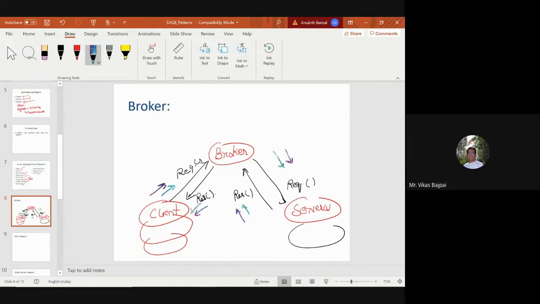The good thing is, any malicious user who is sitting here as a client has no direct access to the servers. My servers are sitting safely here. So one cannot deny that its request was not fulfilled.